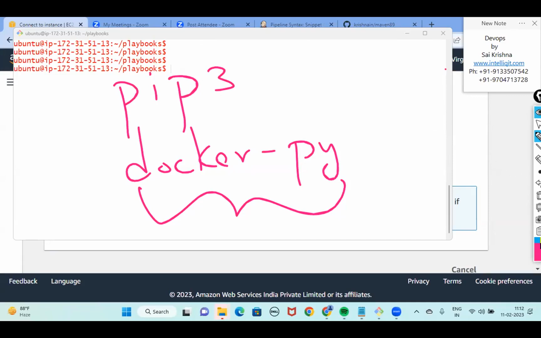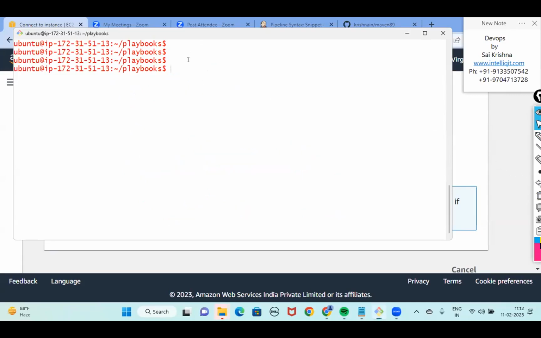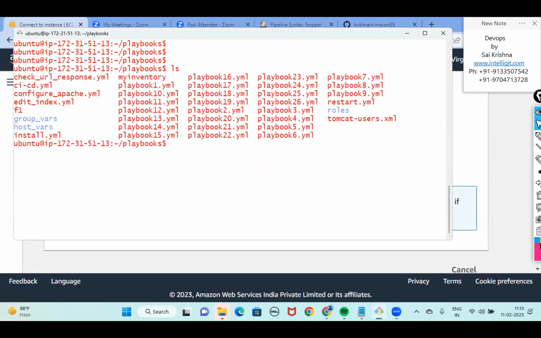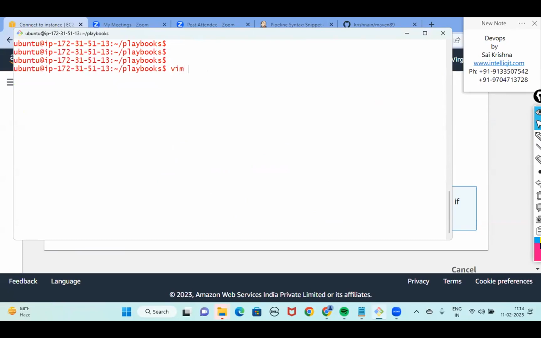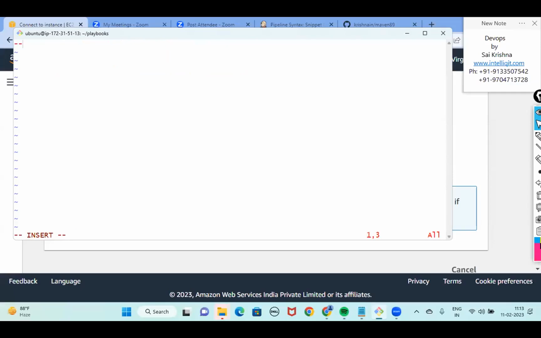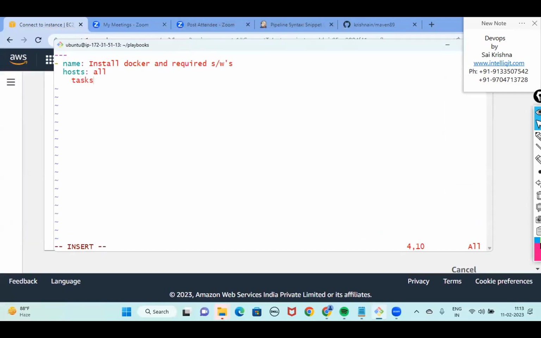Okay, now with that, let's create a simple Ansible playbook and see how these integrations happen. I'll call this playbook 27.yaml and name is equal to, we'll say install Docker and also required softwares. Hosts is equal to all, we want to work on all the machines. The next component is tasks.